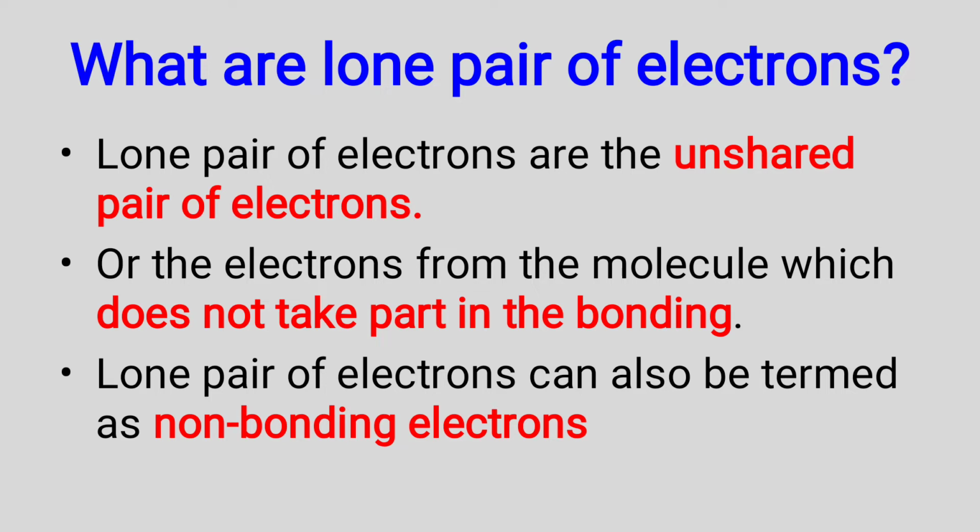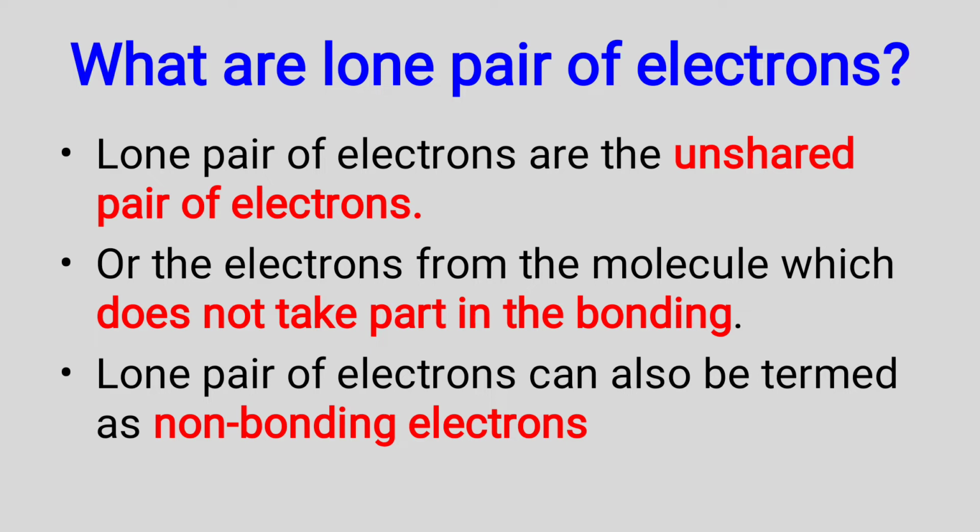In the student's mind, they generally think about what the lone pair of electrons are. It is a very obvious question when we were studying in BSc class. There are thousands of questions in our mind. What are the lone pair of electrons? How do these lone pairs result in the molecules? So friends, these lone pairs of electrons are simply the unshared pairs of electrons. Electrons that are not shared by the molecule or ligand are generally called lone pairs of electrons.